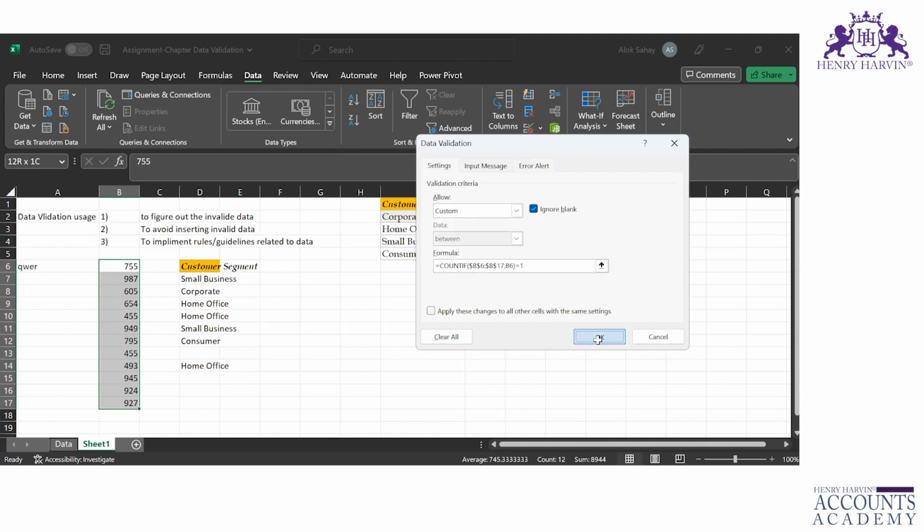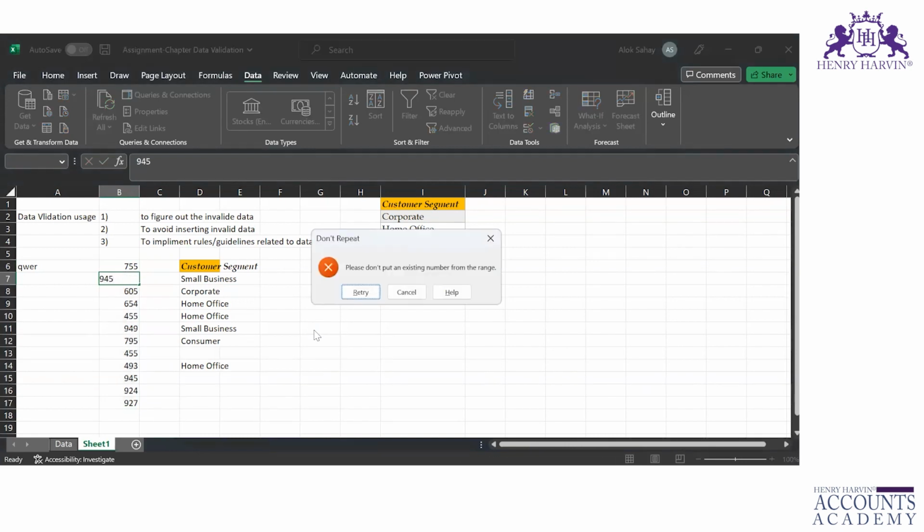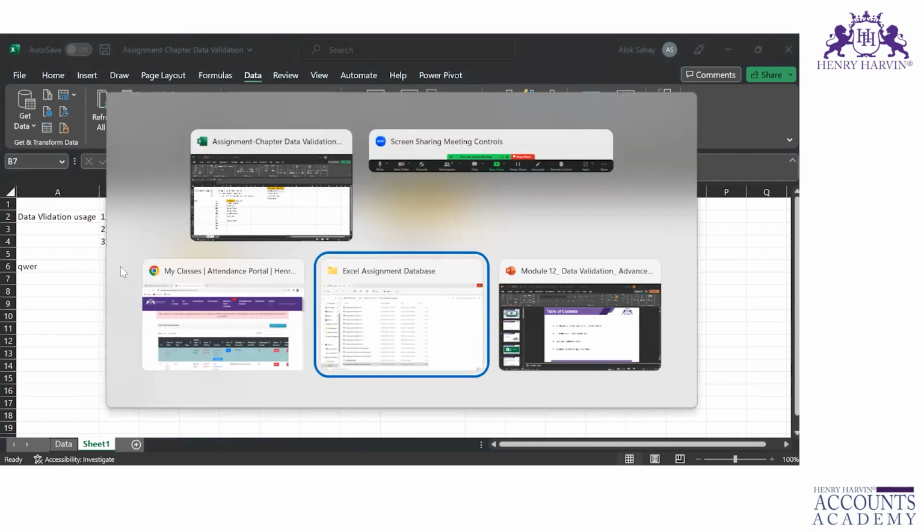So now if we'll implement, okay. Now, if you want to highlight the invalid data, you can circle the invalid data. So you can see that the 455 is the invalid data. And now if you wish to put anything, like here, if let's say I need to put 495, it will be showing you one, right? So you won't be able to implement. So that is what I am trying to say, that this is the data validation, the complete data validation you wanted to learn. Okay. Rather than that, after that, what we do have